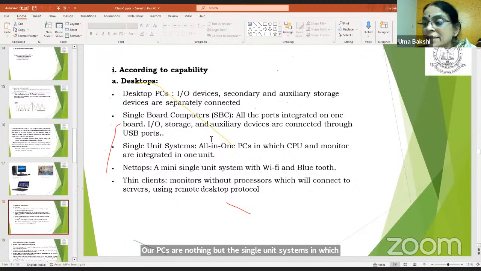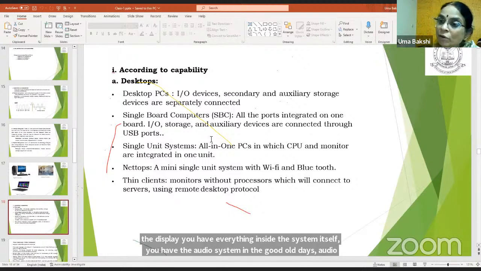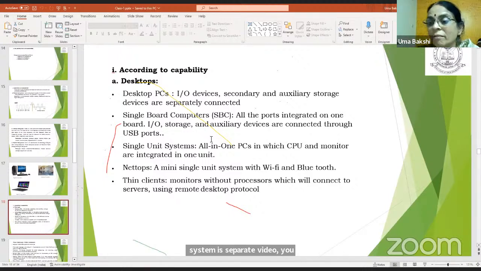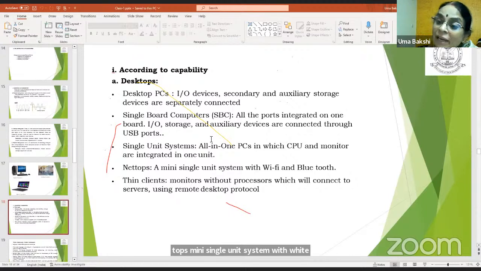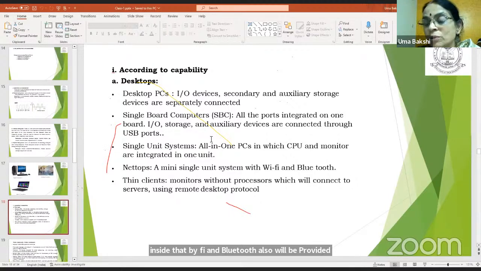You have the audio system. In the good old days, the audio system was separate. Video, you have to log in and then get it. Video connection, webcam, all that you had to connect separately. Now in the latest technologies, we don't need to connect all those external devices. They're all coming built-in. Then nettops, mini single unit systems with Wi-Fi and Bluetooth. Inside that, Wi-Fi and Bluetooth also will be provided